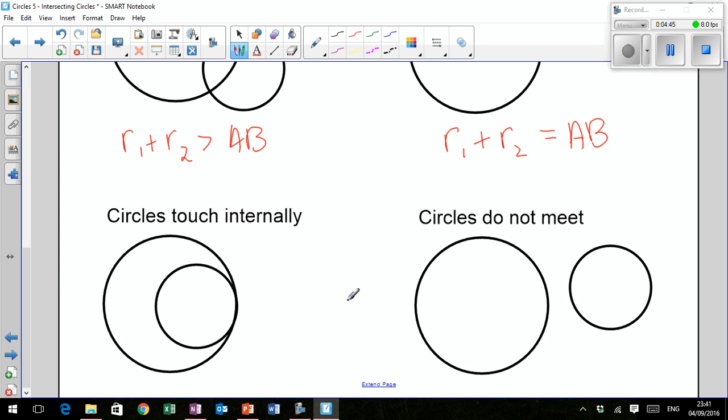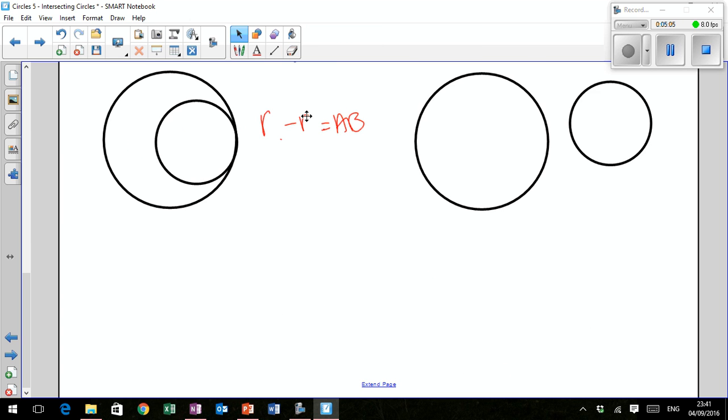If they touch internally, then the larger radius subtract the smaller radius will be, in fact I don't know why I've used A and B. I'm just going to change that to 1 and 2. Okay. So the difference between the two radiuses will be the same as the distance between the centres, and if they